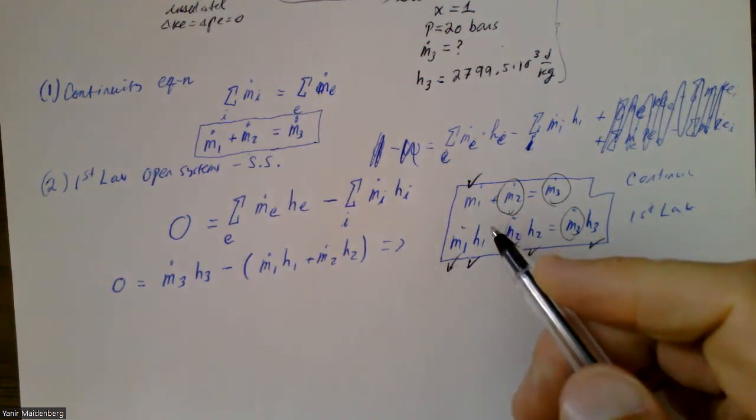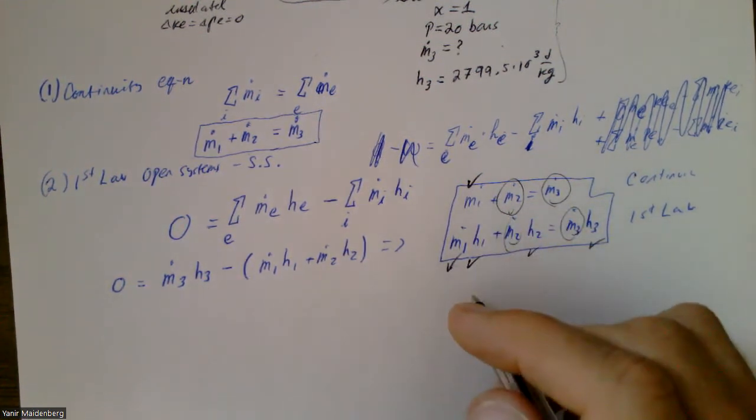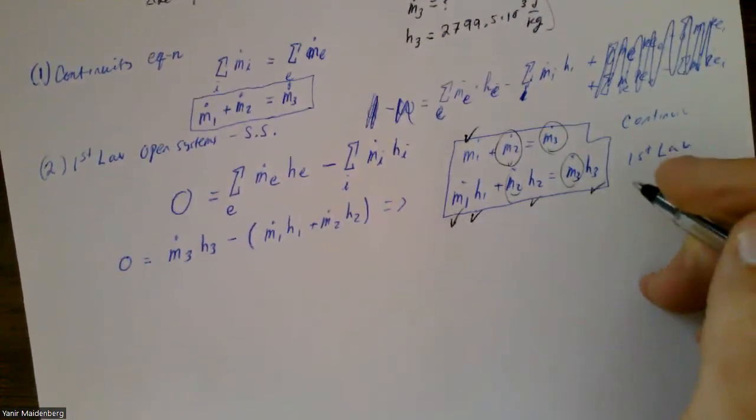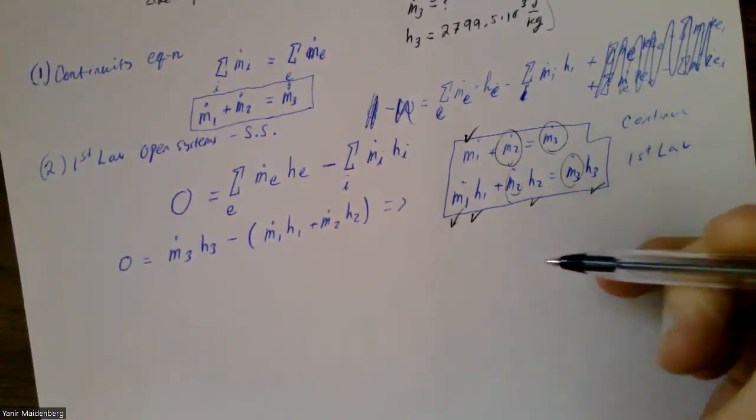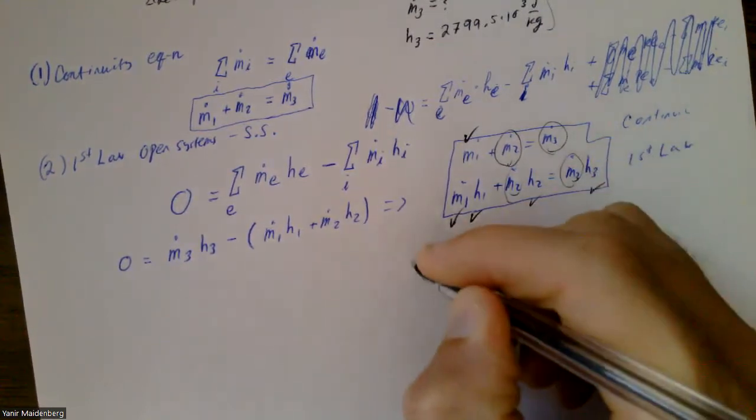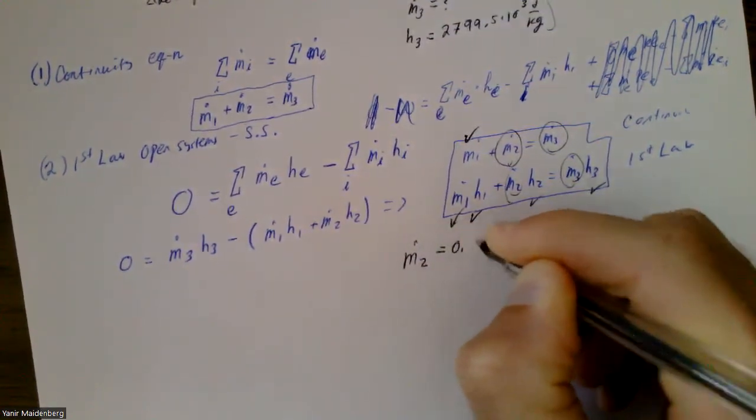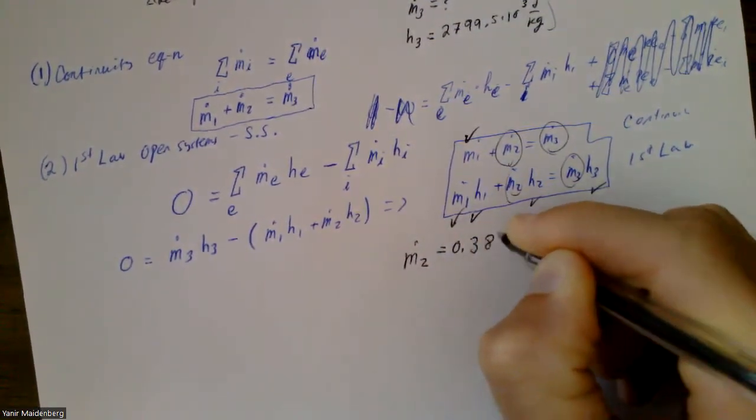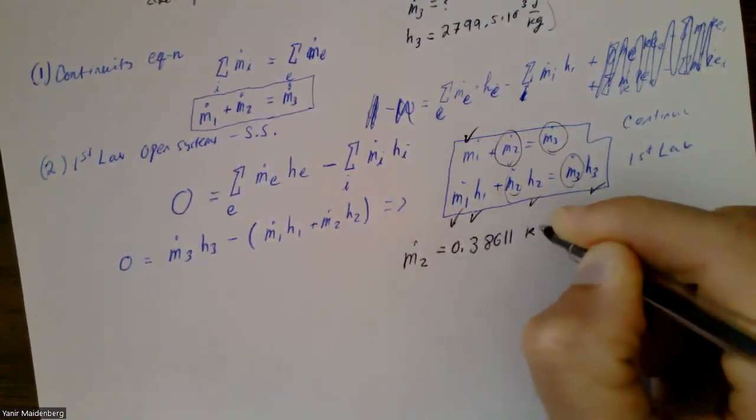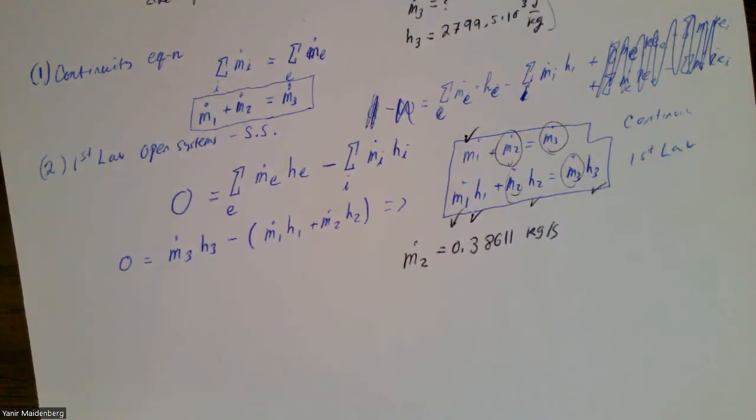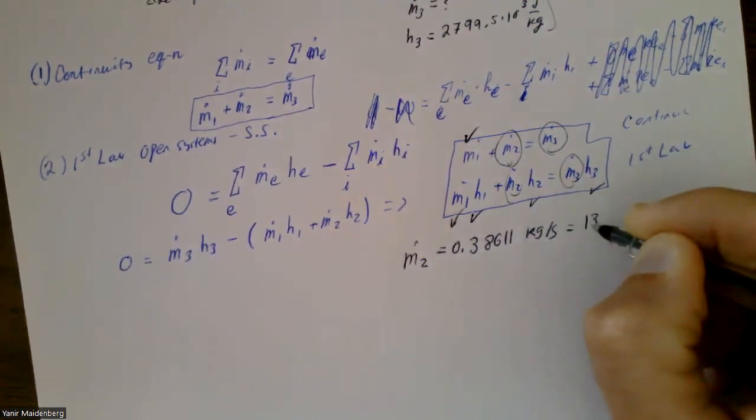So you can put the actual numbers into this, and then solve one for the other. If you do this correctly, and it's just punching in numbers at this point, so I'm not going to show you this in great detail. I trust that you can do it. You find that M2 is equal to 0.38611 kilograms per second, which is equal to 1390